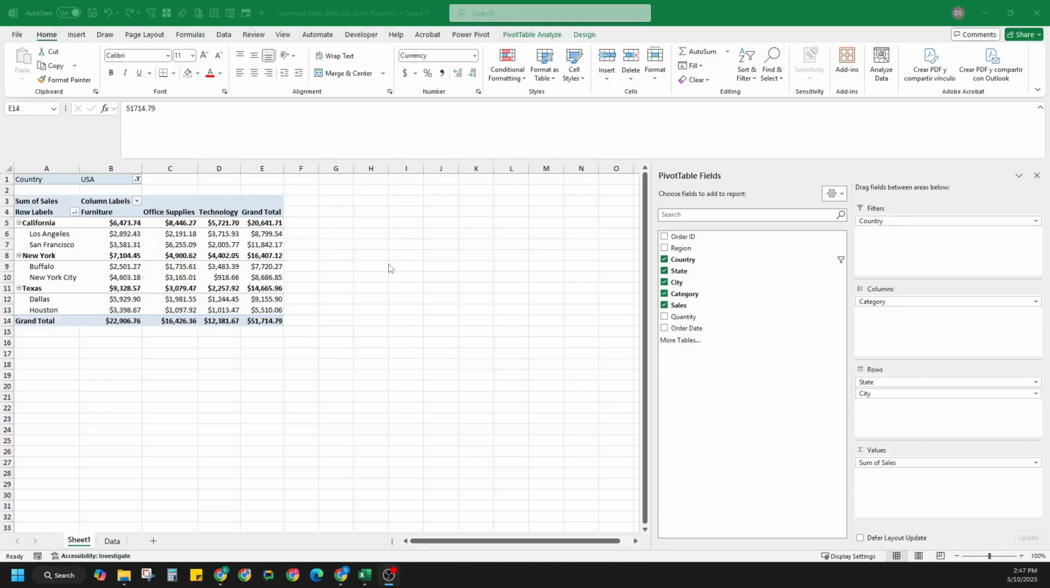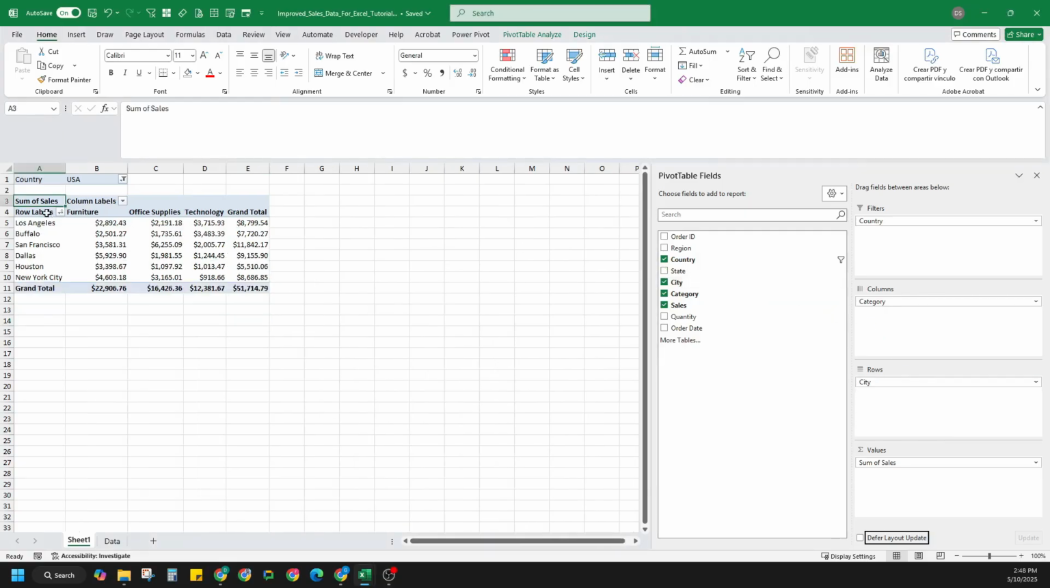Let's say that you want to see the information only by city, so you can remove the state. You can do it by clicking here on the list, or you can just select it here and drag it out. Okay, so right now we have the information by city, but